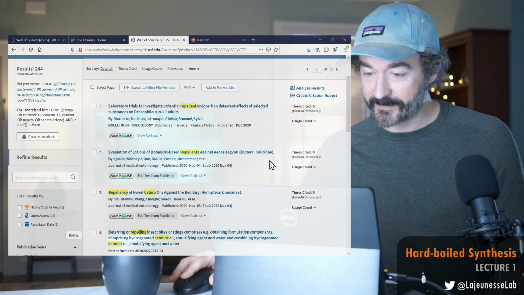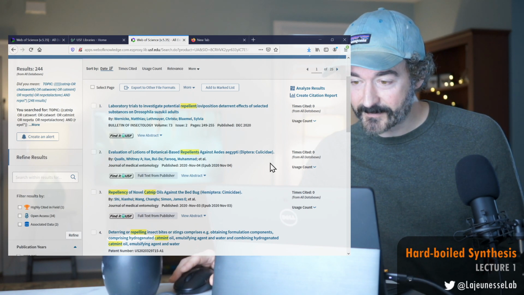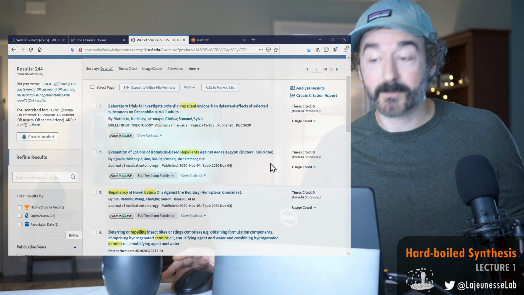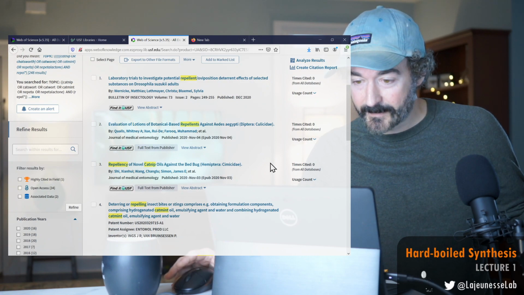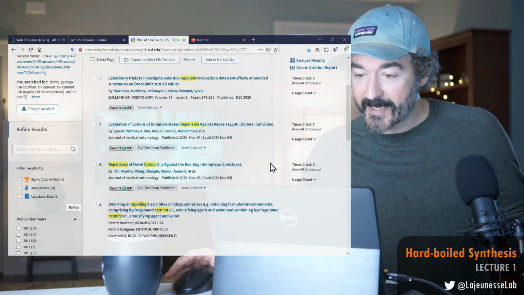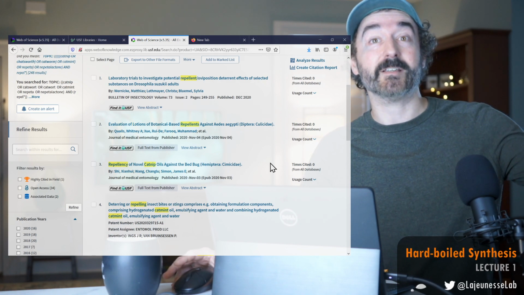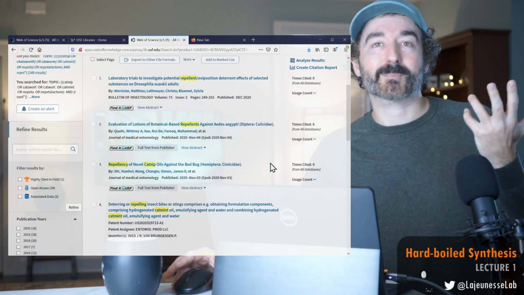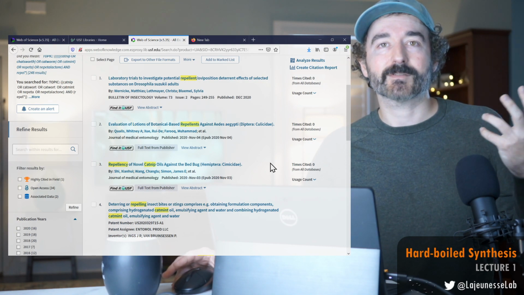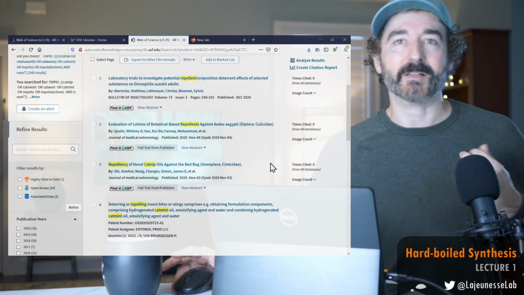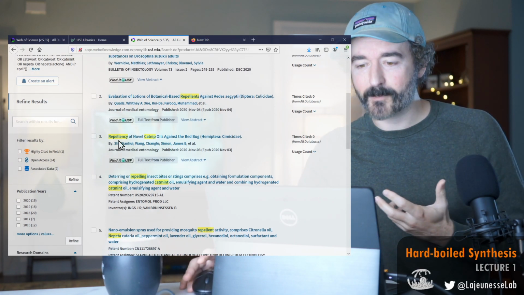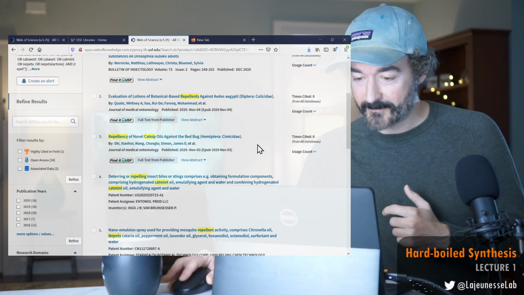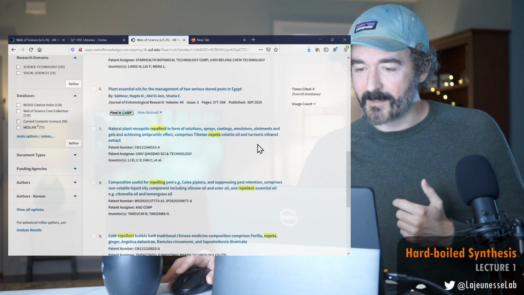that I pulled together quickly. And let's quickly zip through some of these. And I can tell you right now, some of the top hits are just totally nonsense. I mean, Drosophila, repellency of Drosophila, evaluation of lotions of botanical-based repellents. Okay, so this study probably includes a catnip. Not an ideal study because the catnip is probably tested with a collection of compounds. This is not unusual for repellency experiments. But here, okay, so repellency of catnip oils on bed bugs. Not relevant. And so, okay, there's stuff out there.